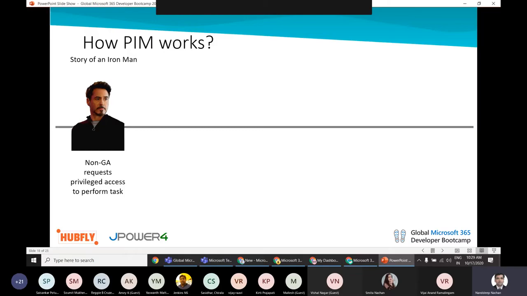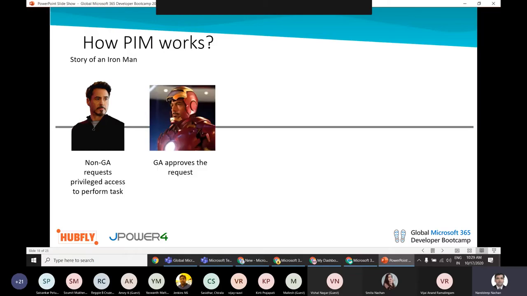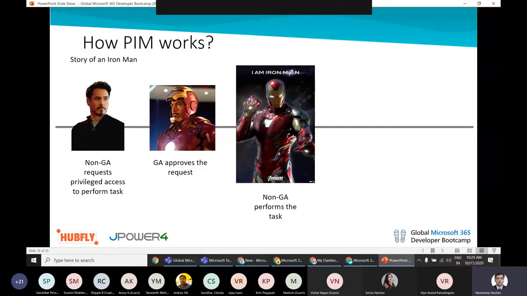So he requests that, and then the global administrator approves that particular request. In turn, Tony has got some more privileges now, so that he can perform those tasks. Once that time comes, he gets transformed into an Iron Man, and he can perform all those administrator activities which he could not have performed without that access.